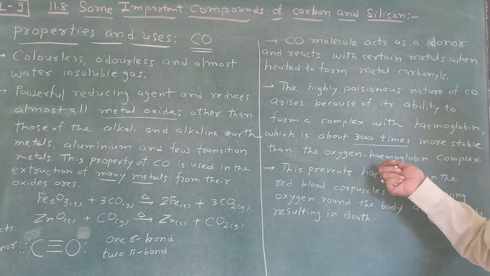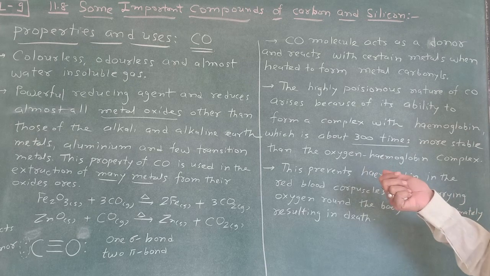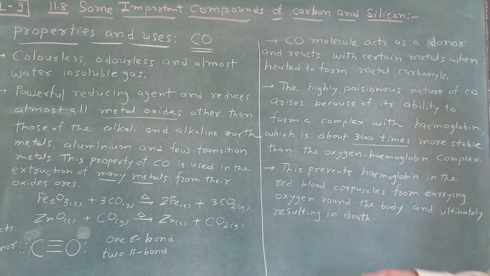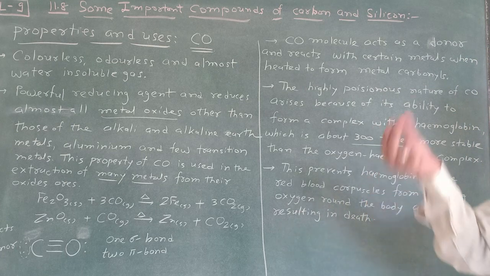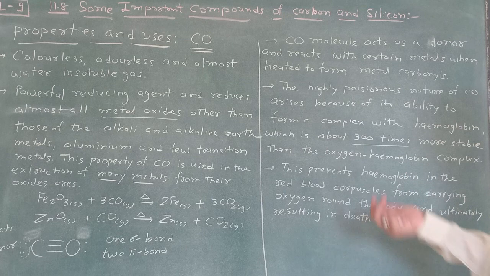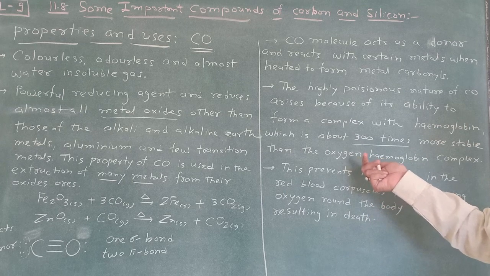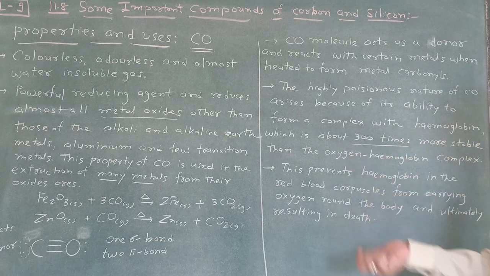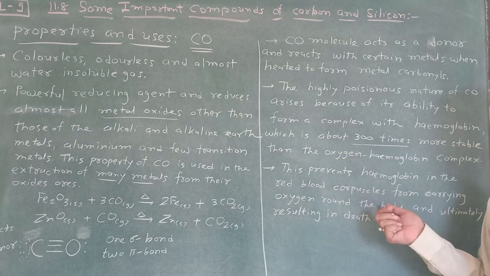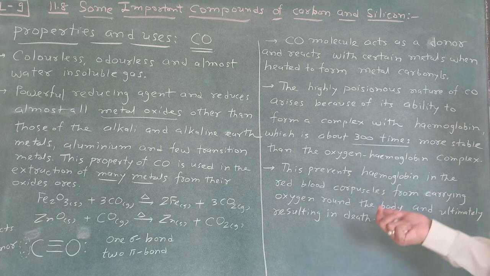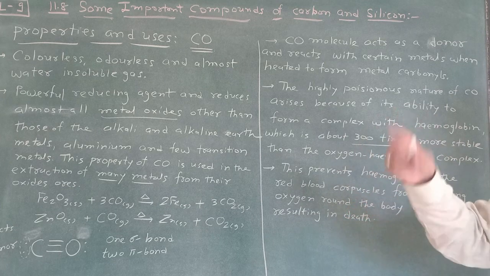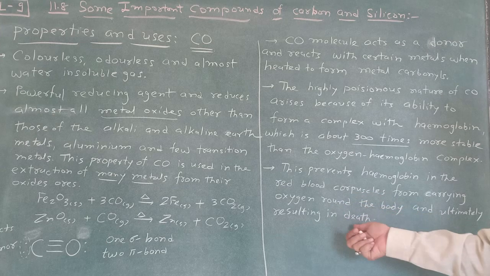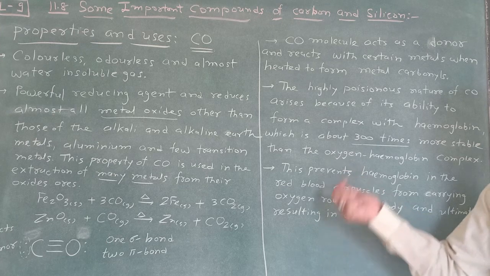This one you have to learn later on also, because this chapter on complex compounds is not over; it comes in standard 12. Here metal and ligand are bonded very strongly, and due to that it becomes a strong bond, and stability is about 300 times more. You have to remember this biological word, RBC. In RBC, oxygen carrying is not possible, and that's why it ultimately results in death. So write it properly.